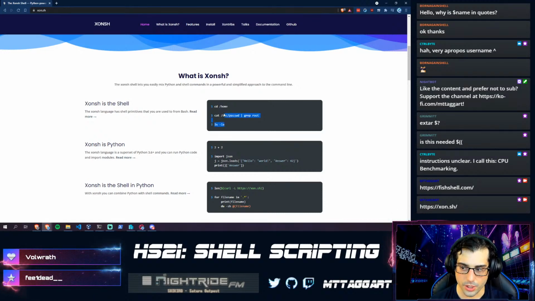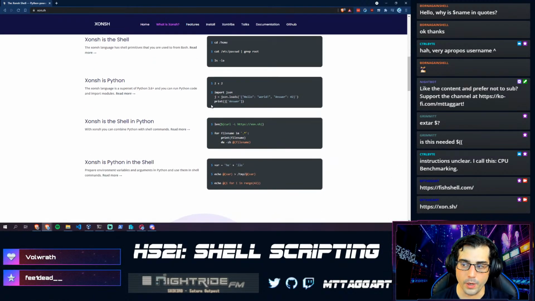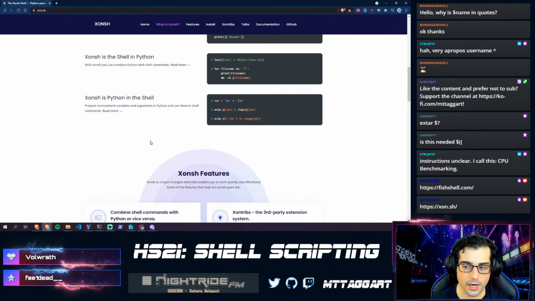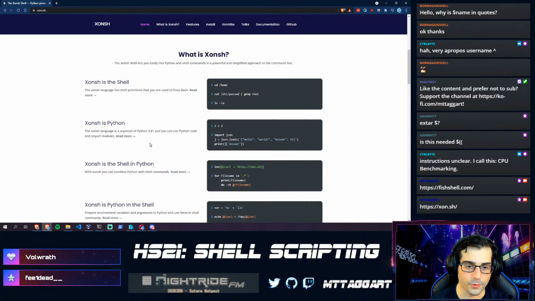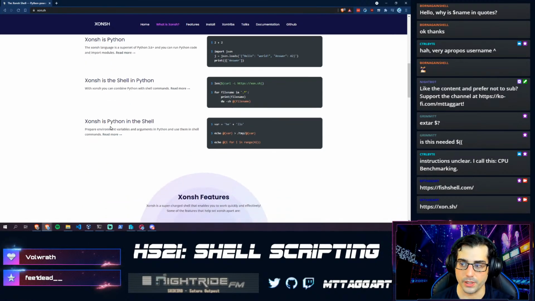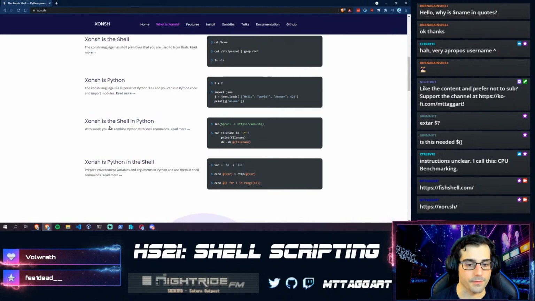It works just like your regular shell, but then when you're ready to do Python stuff, you can just do it on the command line. It's really, really powerful in that way. Conch is cool. I don't use Conch that often, but I am really excited that the project exists because I think it's a really nice way of kind of splitting that difference between when you need more powerful scripting and when you want the ease of the command line.